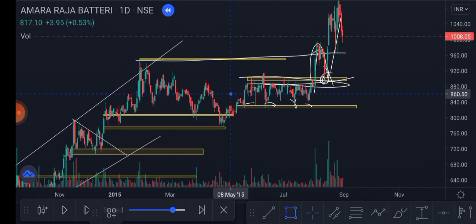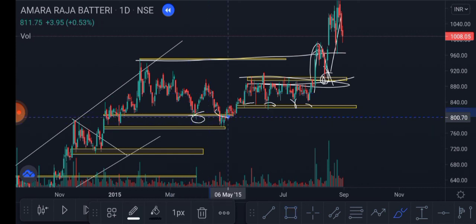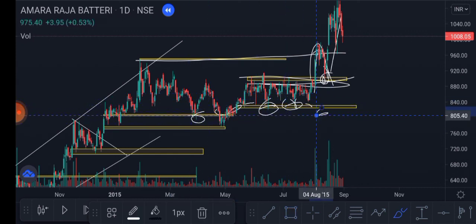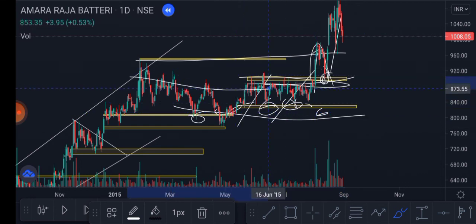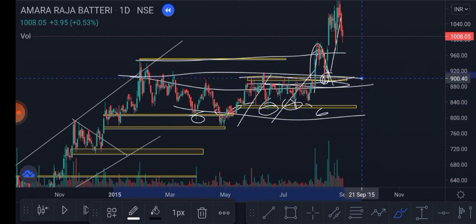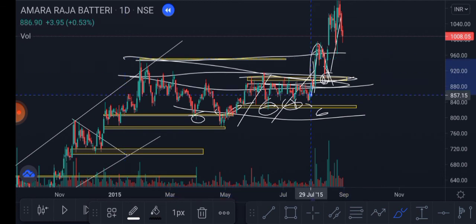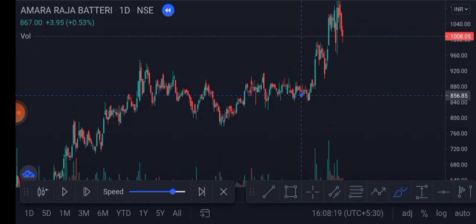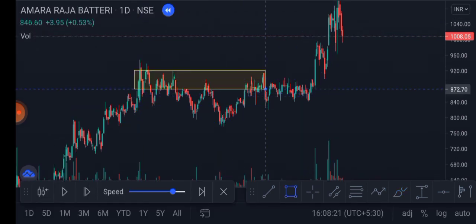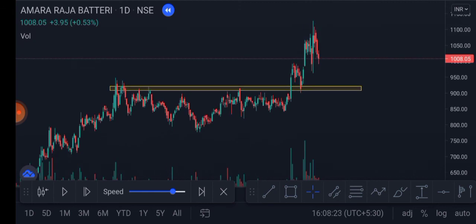See here, market was taking support here so many times. As and when market came to this area, it started to bounce, and this upper line was acting as resistance. And as and when market broke that area, it started to move upside very rapidly, and that indicates the people's interest. See, this was acting as resistance. As and when market broke that structure, it started to move. This is the first backtesting I have done. I'll do it on different patterns.